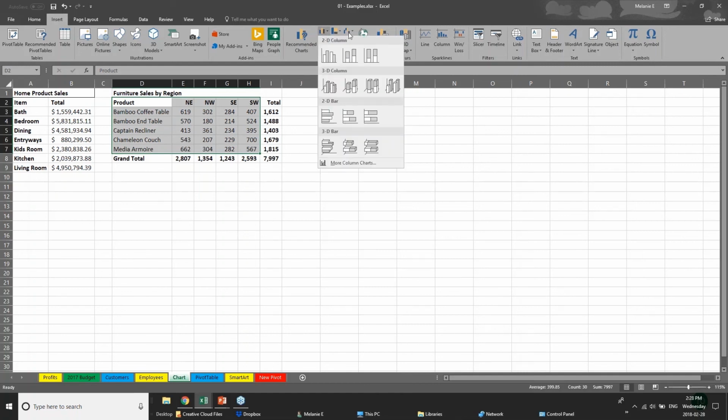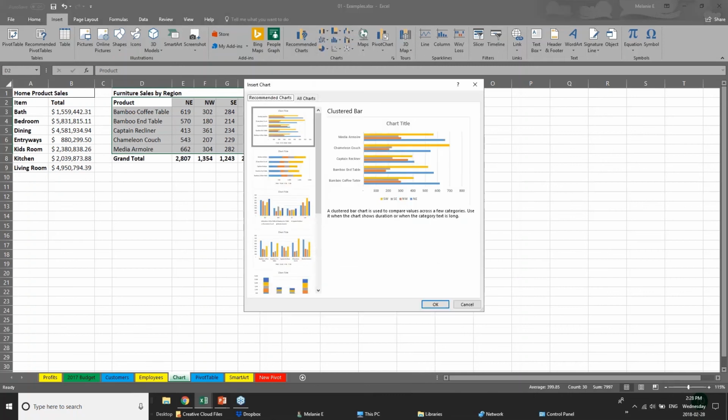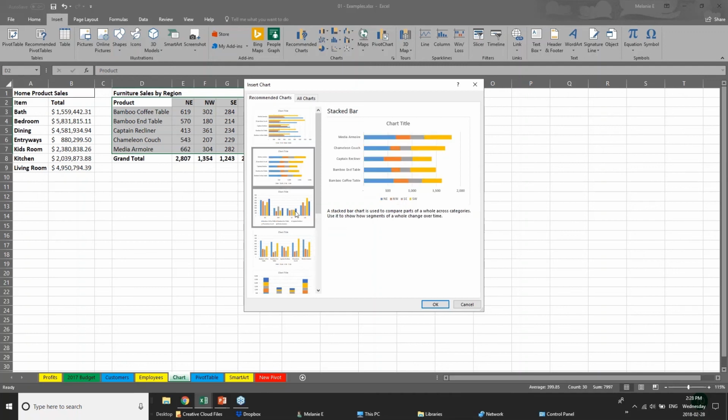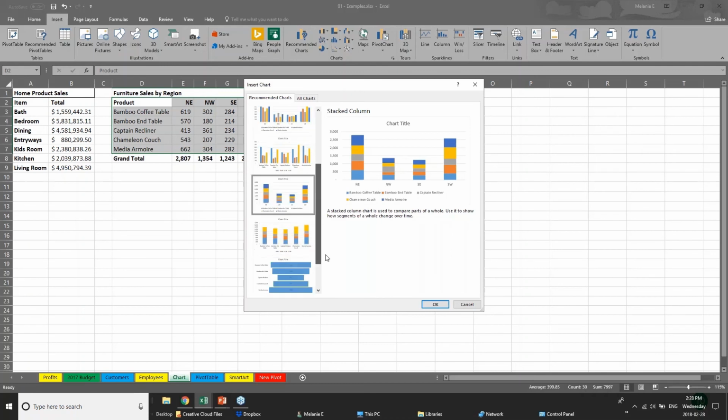There's bar charts, column charts, pie charts, whatever you'd like. But a feature new with 2016 is that PowerPoint, or Excel, has these recommended charts. I love this because one of the most commonly asked questions people ask is, what chart should I use to best show my data, because there are so many different charts? So the fact that it has some intelligence, it will kind of look at your data and just, you know,